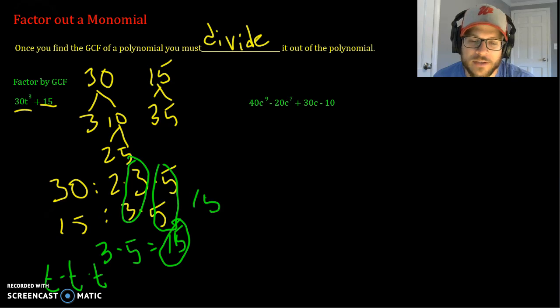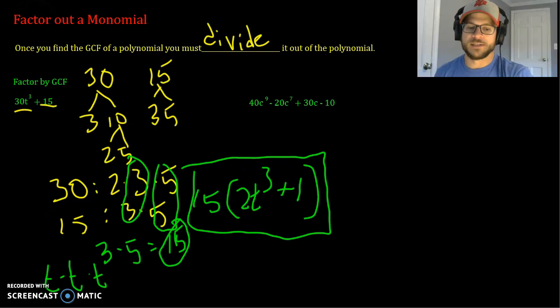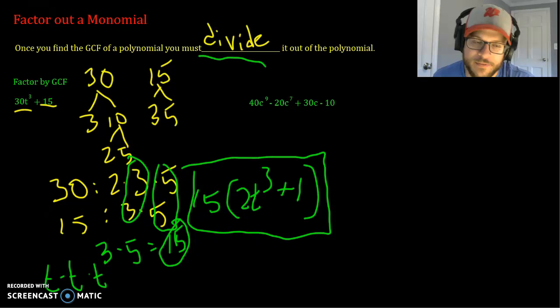And when that is factored out, you then write down all of the factors that are left over or divided from that term. So 15 divided from 30t to the third leaves you with 2 and then all of your 3 t's. Then 15 divided out from your 15 leaves us with a positive 1. Even though you're taking everything out of the second term, you still have to have a placeholder or something that's left over. And if you think about it in terms of division, 15 divided by 15 will give you that